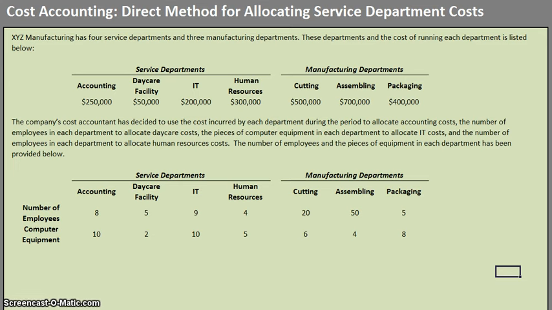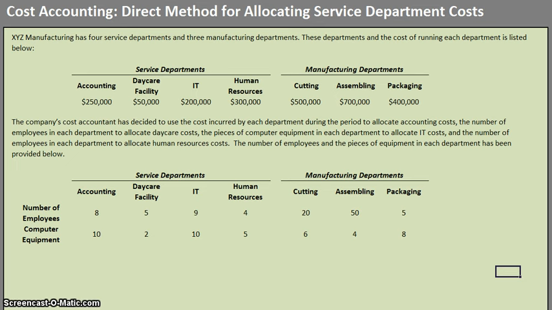In this video, we're going to be going over the direct method for allocating service department costs. So there may be times when we are costing within a company that we may want to take the costs incurred by our service departments or our support departments and allocate those costs to the manufacturing departments